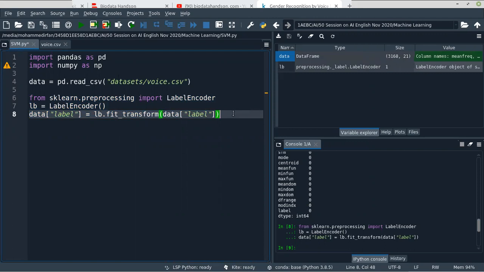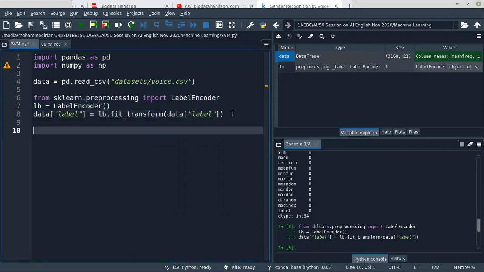Now we have to split the data set into x and y. For x, we'll take all the columns until -1. What this means is we are just excluding the -1 column.